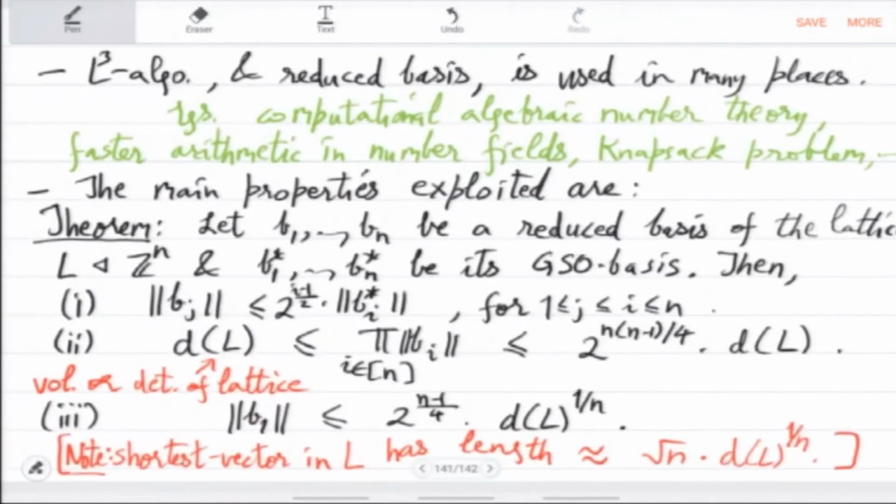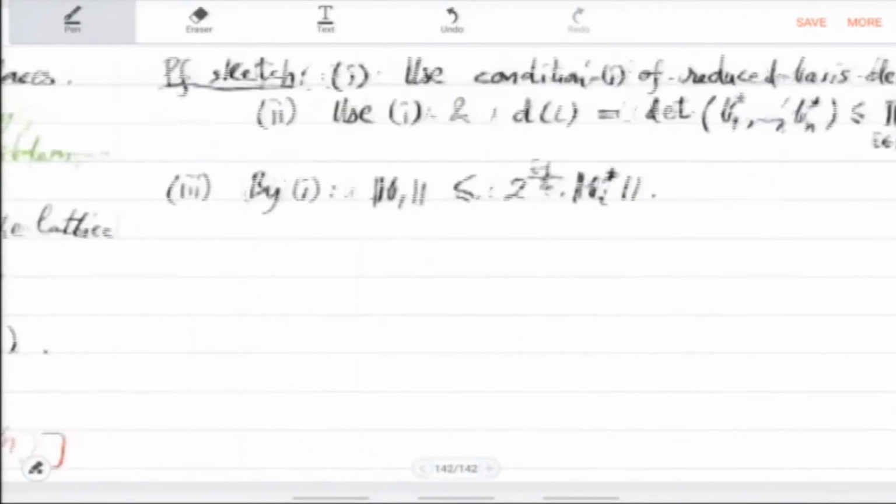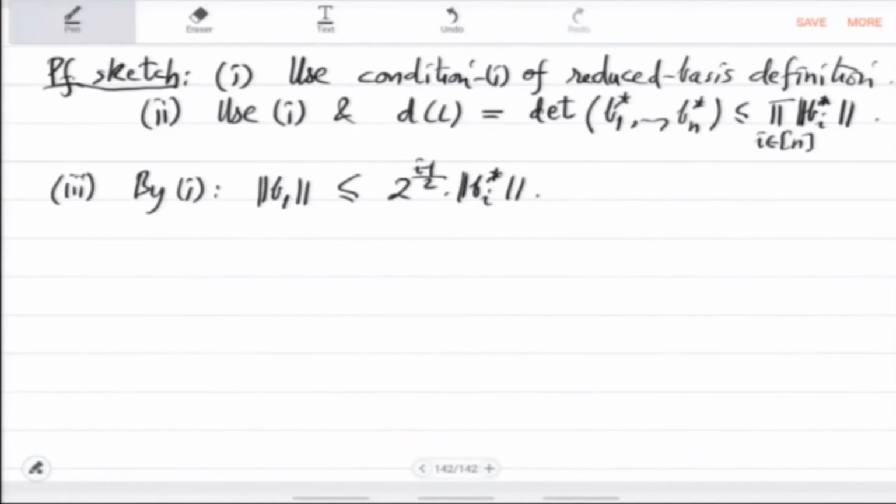This is what inequality 1 gives you for all i. So using this and inequality 2 that you got, you will get 3,